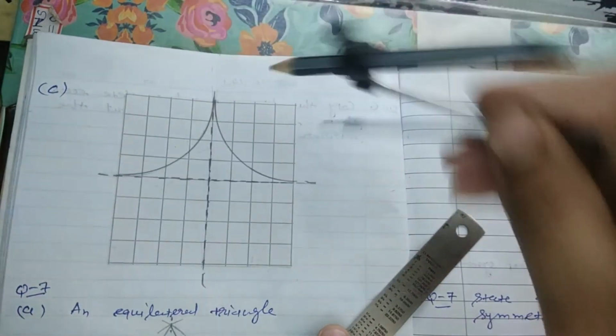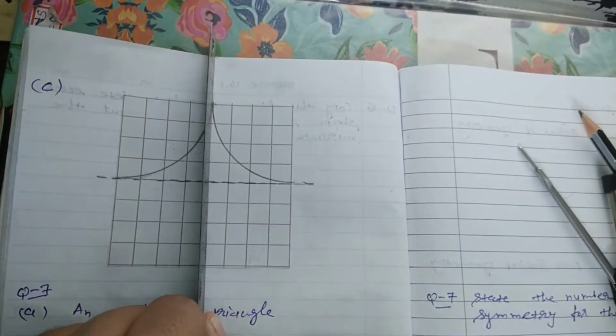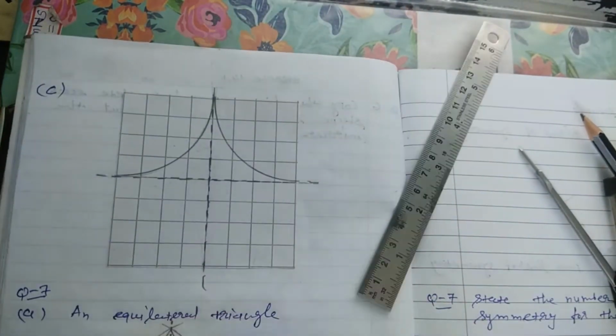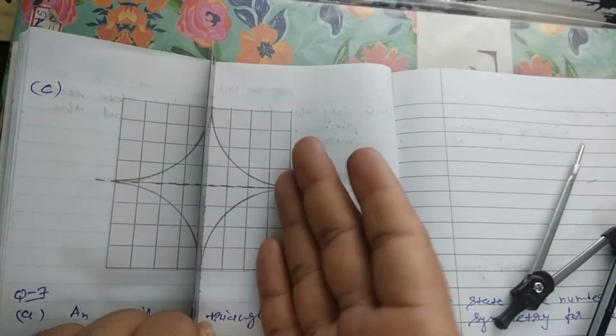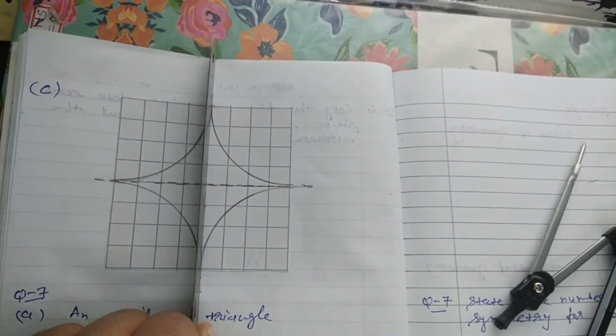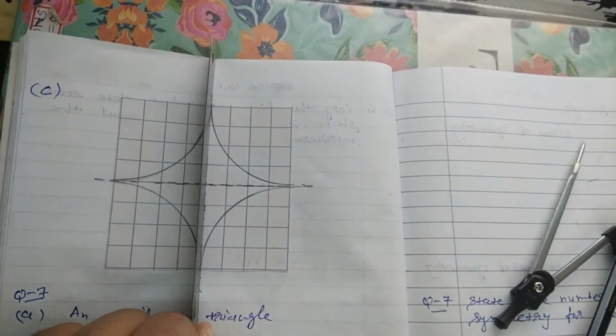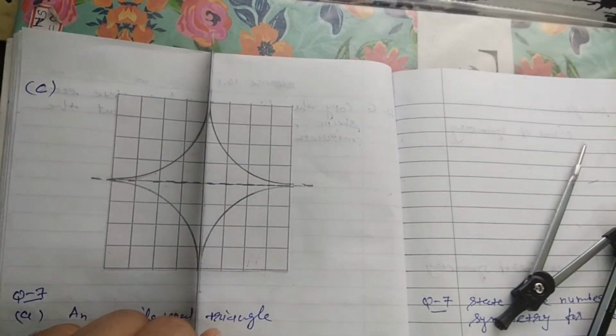So this shape is complete and it is perfectly symmetrical to the other part. So one is complete. That way we have to complete the other two parts also. Okay, so done. So now this is our line of symmetry. If we take this mirror line as a line of symmetry, we can see that if we fold these two parts, they will perfectly coincide with each other. So this way we have to complete the diagram.